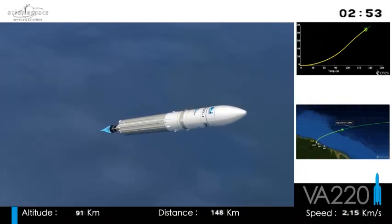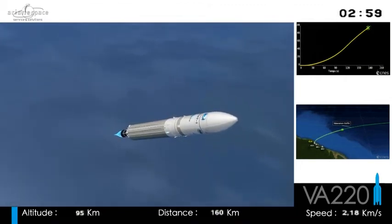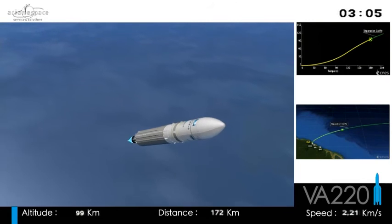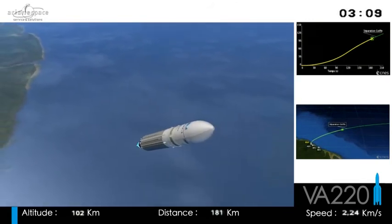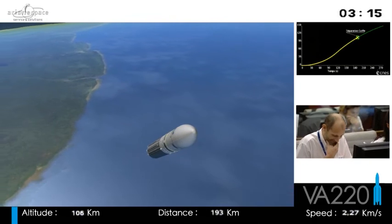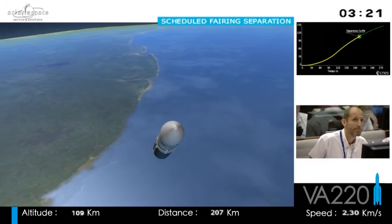Next up is fairing separation. The boosters separated at 67 kilometers altitude. On the left, on the bottom, our altitude. Sometimes the figure is not the one you see. That's quite normal. It's because of a slight delay or lag in the telemetry coming in here. In about 10 seconds will be the separation of the fairing. You'll see that on the animation